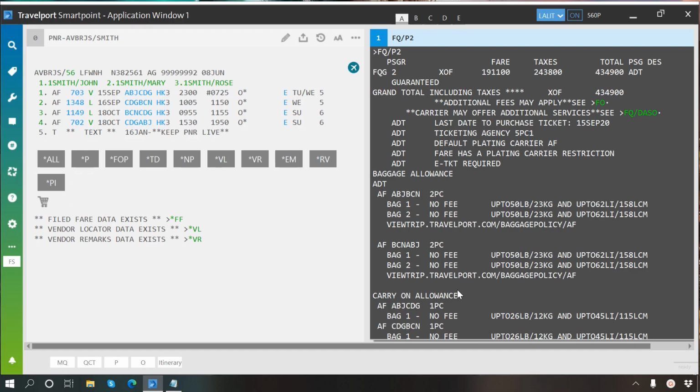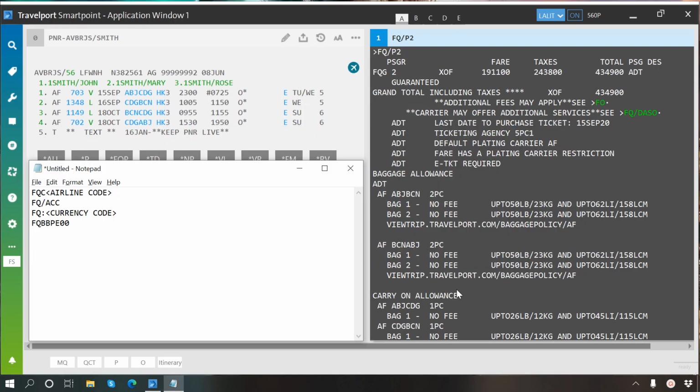Same way, if you want to see the fare for all passengers but for selected segments like 1 to 2 or 1 and 4, then you will write FQ/S1-2 and FQ/S1.4. Here this hyphen represents 'to', like segment 1 to segment 2, and this dot represents 'and', like segment 1 and 4. You can also specify passenger and segments in a single entry.